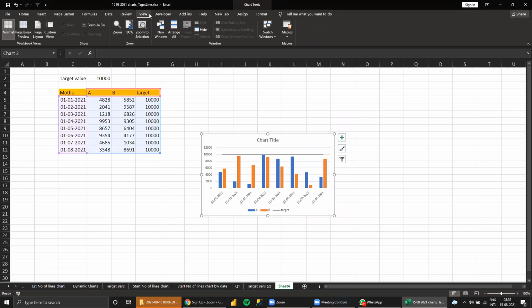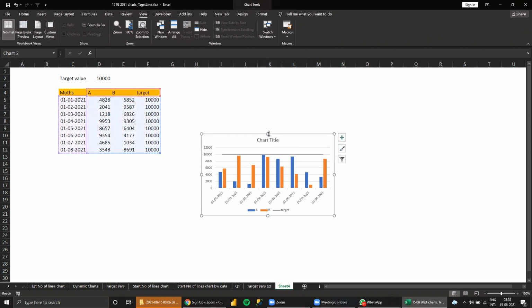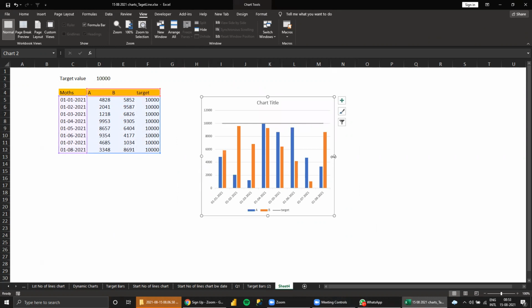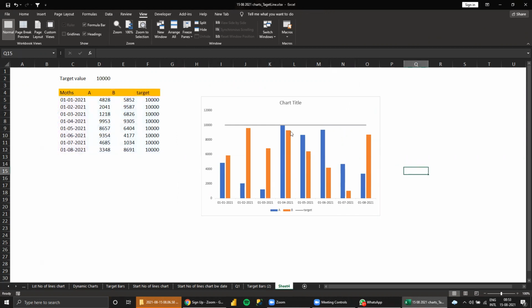So now you can see the line here, the target line. Okay. This is one more way we can do it. So see here, based on the target line, when we change here, automatically we'll get the target line.